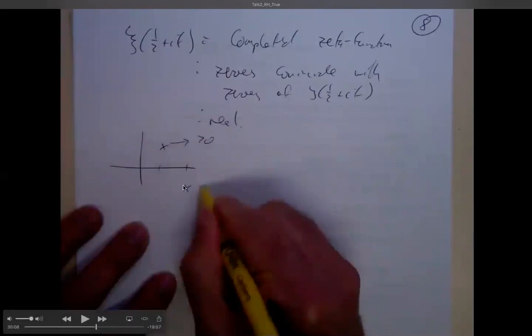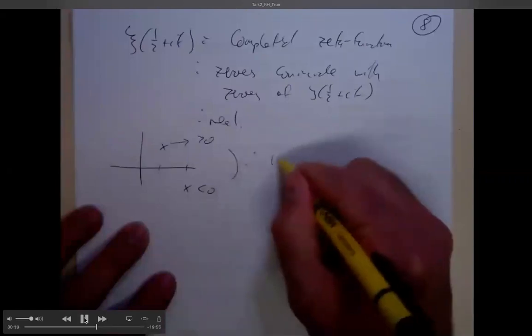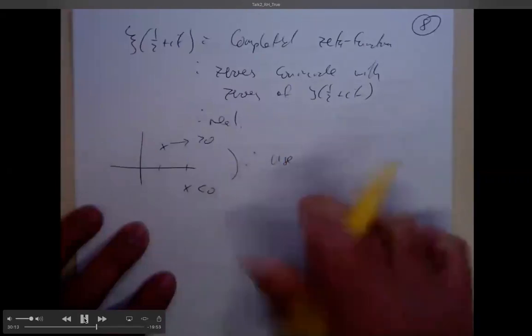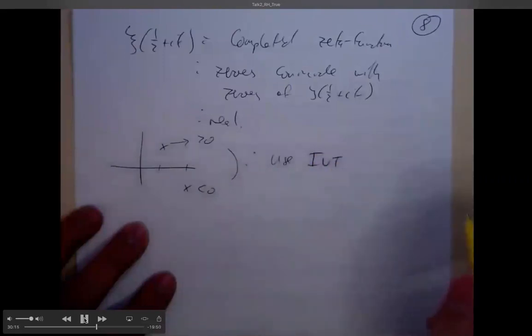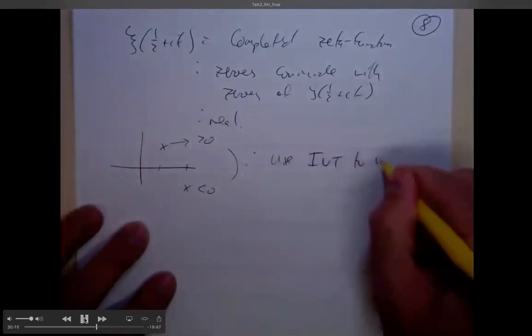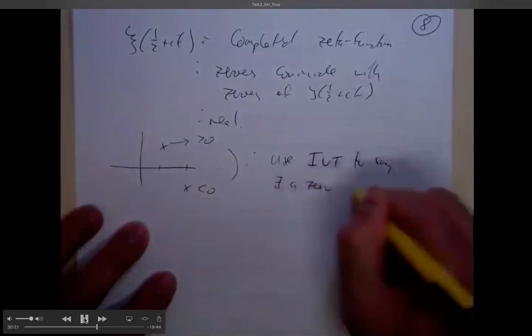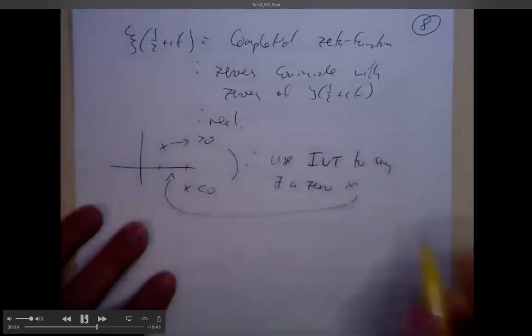So in this little diagram, I'm saying, let's look for zeros of this function. It's the same as zeros of the zeta function, but if we look for zeros of this function, what do we have to do? Well, let's measure it. Let's compute it at this point. Suppose it's positive. Let's compute it at this point. Suppose it's negative, so it's plus 1.1 here and minus 0.6 down here. Well, the function's real, and I guess I should say it's continuous, so it's real and continuous, and we use the intermediate value theorem. I had to drum my fingers there because was it the intermediate value theorem or the mean value theorem? It's the intermediate value theorem. It's positive here, it's negative there, so it has to be zero somewhere.